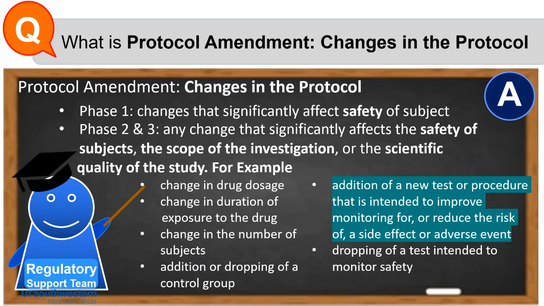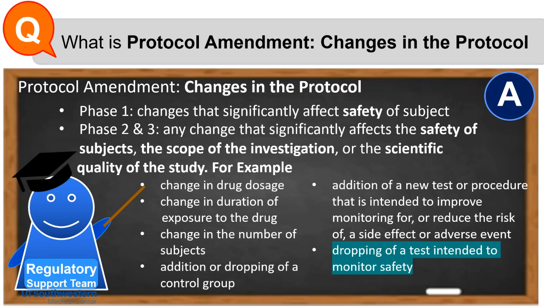Another example is addition of a new test or procedure intended to improve monitoring for or reduce the risk of a side effect or adverse event, or elimination of a test intended to monitor safety. However, it is considered a best practice to submit all protocol changes to the FDA.